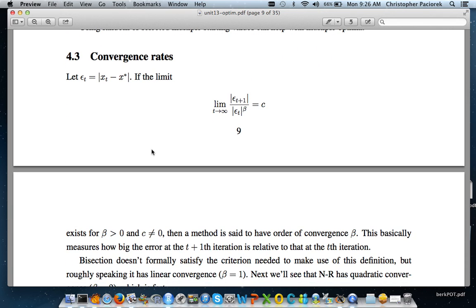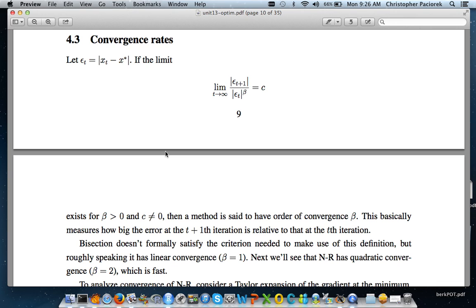Okay, so there are also people who study optimization and do a lot of analysis of different algorithms to see what the performance of the algorithm is and how quickly they converge, and that basically amounts to figuring out the rate of convergence. In keeping with our theme of being fairly practical in our perspective on optimization, we're not really going to do any theory here. But I just want to mention this so you see it. So the idea is,